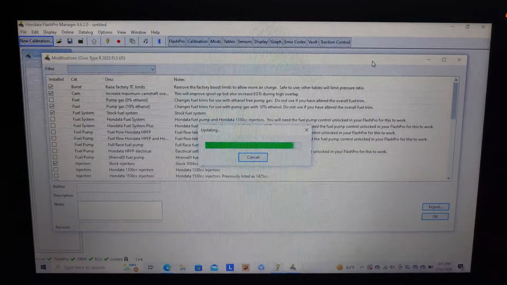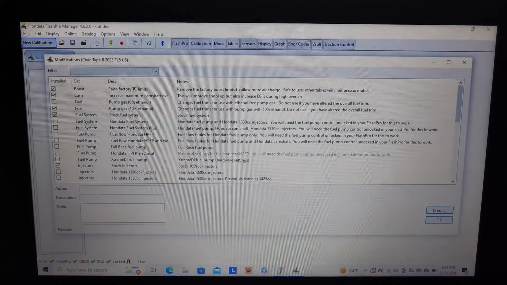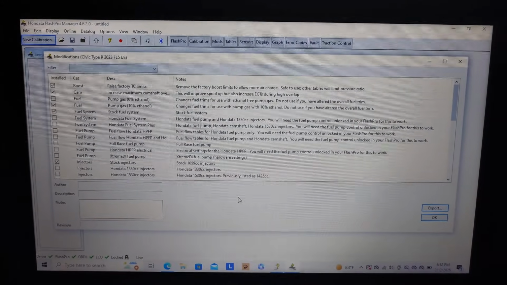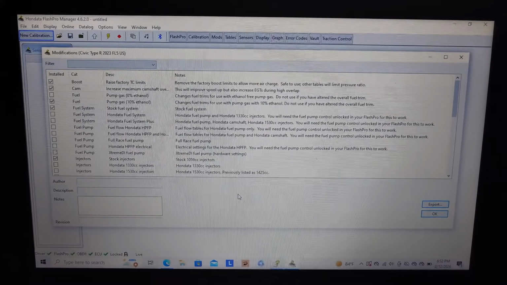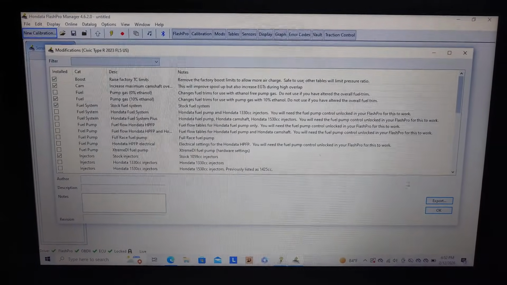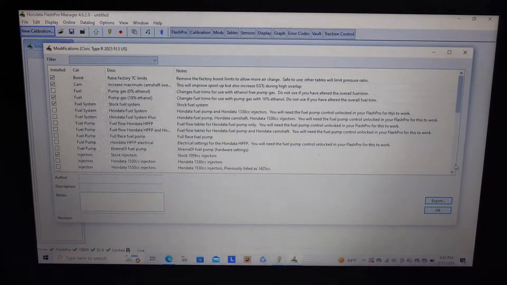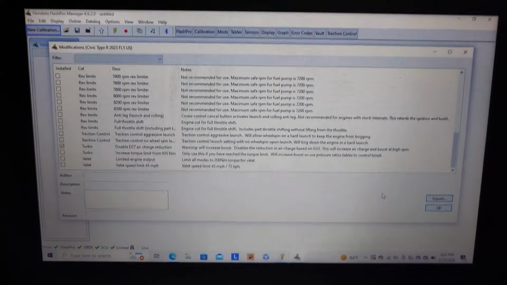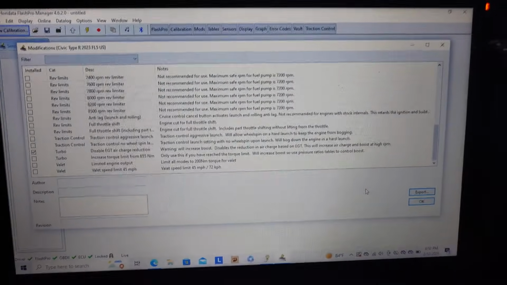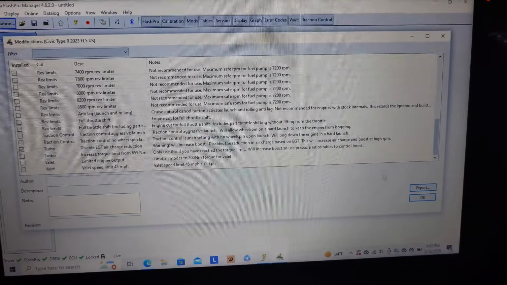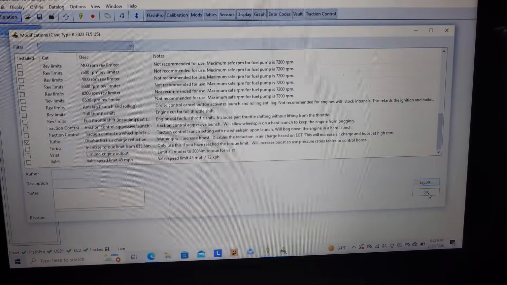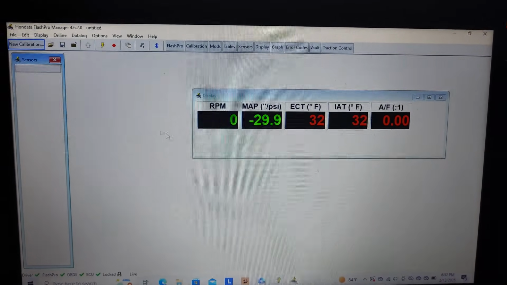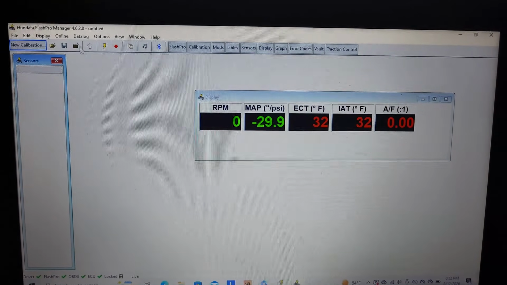And wait a second, this is gonna pop up. You can go through this and check what you want to check or uncheck, whatever. Me personally, I just leave it how it was. I don't need to add anything different. Somewhere in the middle, you can activate the pops and bangs if you want that. I don't really care for that, so I'm not gonna do it. So I'm just gonna leave it as is. Come over here, click OK,